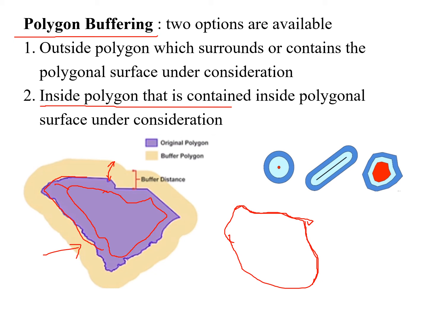So for this much is my buffer width inside this. Two kinds of buffer for the polygon could be possible, depending upon the problem you want to solve. Number one is the outside polygon and inside. Most of the time you may understand outside is possibly easy to search out, but for inner, I'll give an example for inside the polygon.